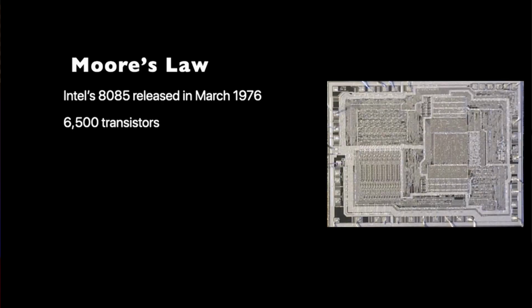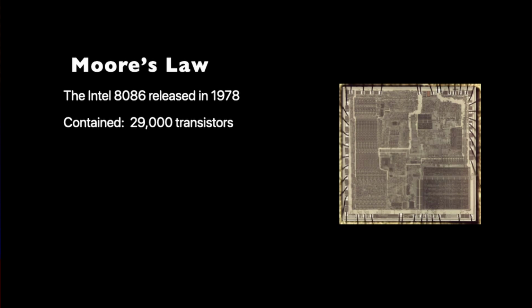How did they do? I mean, how well did they actually do? In 1975, the 8085, the first microprocessor to be released during the time frame when they should have hit 65,000, only actually had 6,500 transistors, a full order of magnitude short of the goal of 65,000. Intel's 8086 had 29,000 transistors in 1978. So even 3 years later, they still hadn't met the goal.